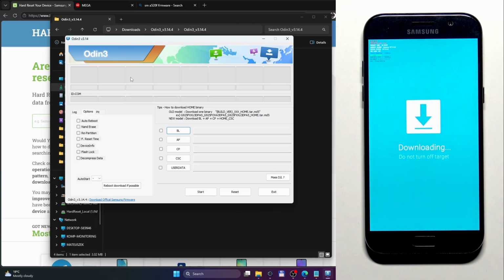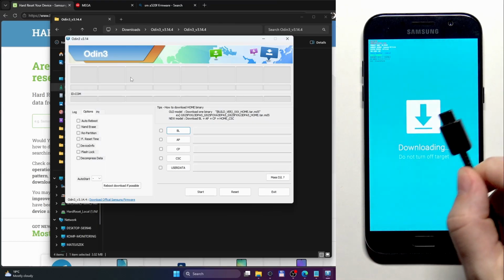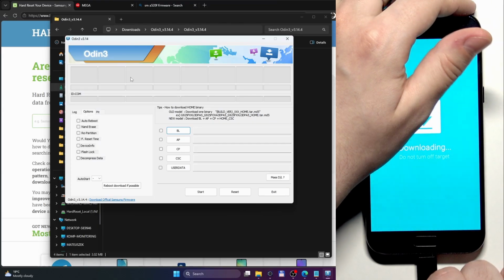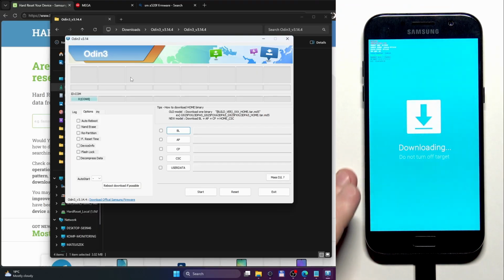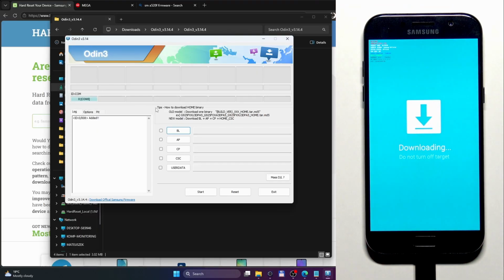Now we can connect our phone to our computer using the USB-C cable. I highly recommend using the original Samsung cable. If you don't have it, you can of course use a different good quality USB-C cable. Also, in the Odin app we can see that our phone has been successfully connected right in here. Now click on AP,